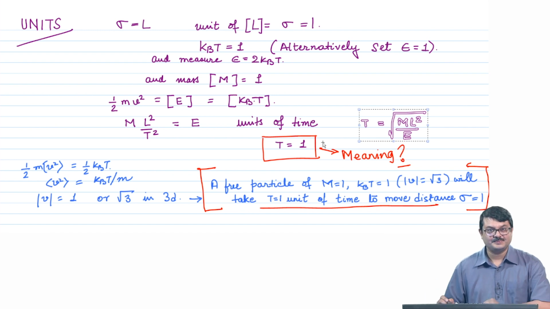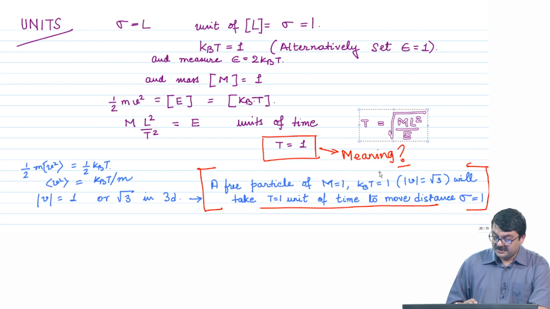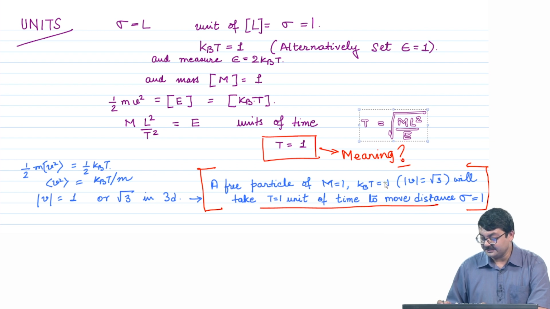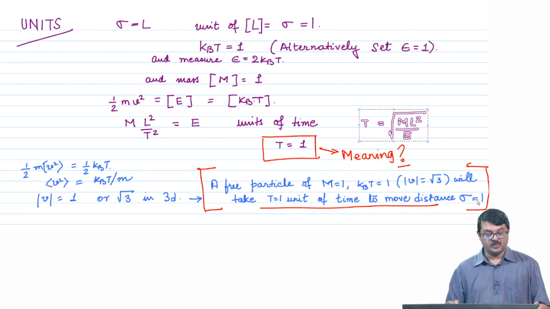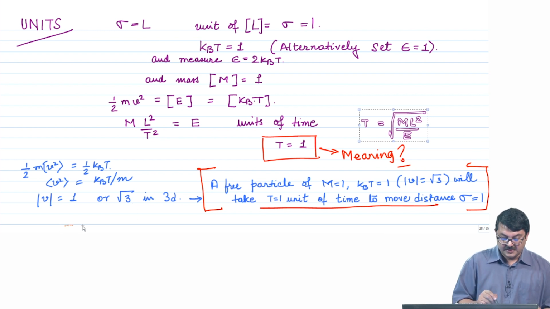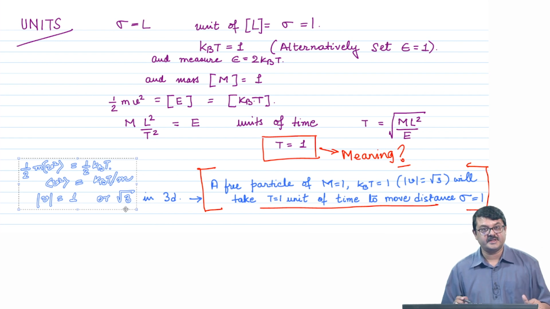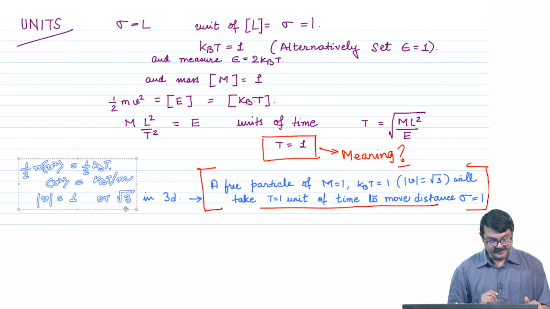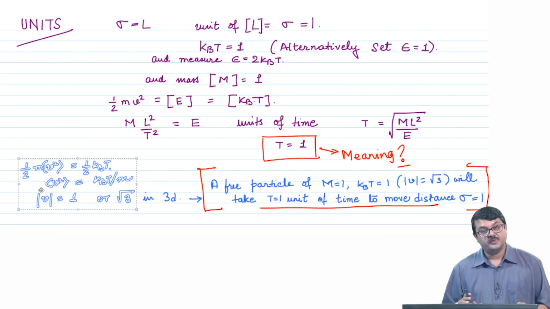But again, what does it mean? It means that when time t equals 1, a free particle of mass m equal to 1 with kinetic energy kBT equal to 1 and velocity of root 3 will take approximately t equal to 1 unit of time to move a distance sigma equal to 1. Here I have used half mv square; all that we are using is the equipartition theorem, right, because if kBT is equal to 1, then v will be of order 1, half mv square average equal to